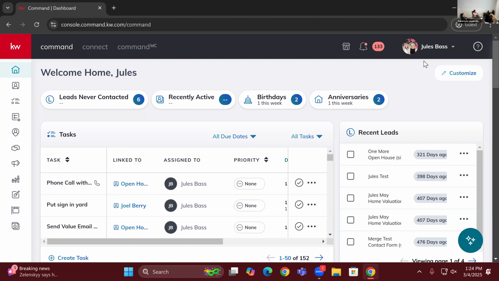Then, once we add in that information, we can click save in the top right. And that's going to save our contact to our Command. But once we save that to our Command account, we can click those three dots in the top right. And there'll be an option to save contact with phone, so that we can tap that. Then click done, and then we're saving it to two places at once with one workflow. So it doesn't matter which way you go. But if you do it through the Command app first, you can save them to both your phone and Command with a couple taps.